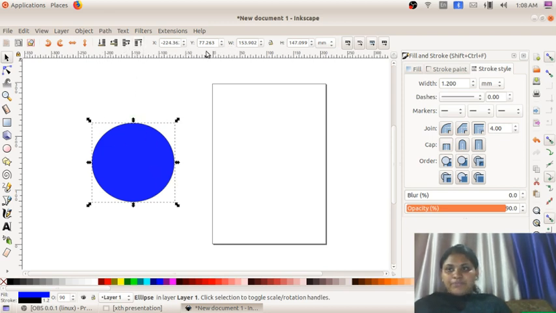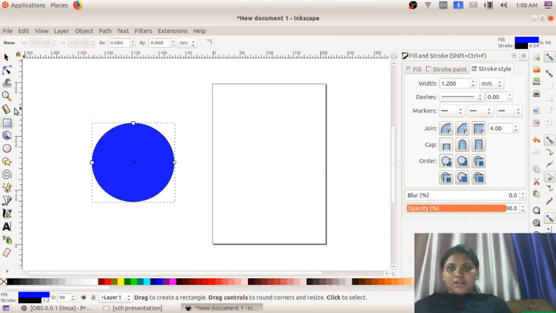You see, I took the circle shape. You see the changes coming here. What is that? This is the tool control bar. Suppose if I take rectangle, you can see the features. You can see the rectangle X, rectangle Y, the size, the width and height.